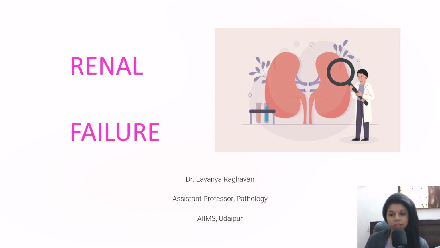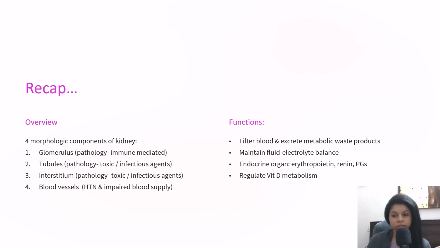Today we will be taking a class on renal failure. So we'll just do a recap of the previous topic we did, that is the introduction of the kidney. In that we said that there are four morphological components of kidney, that is glomerulus, tubules, interstitium, and the blood